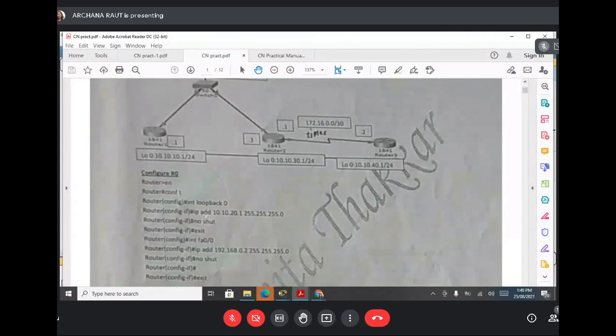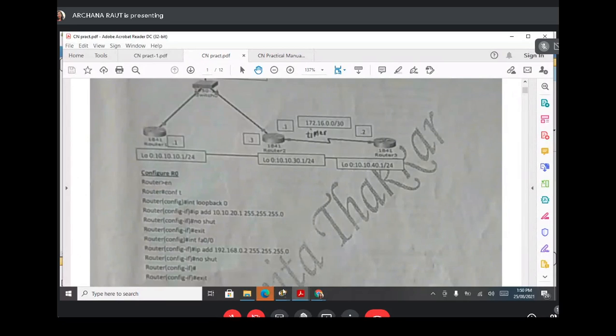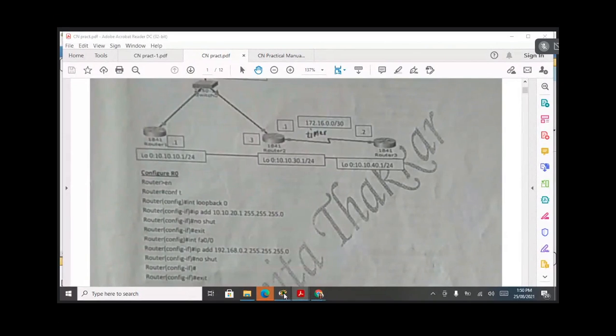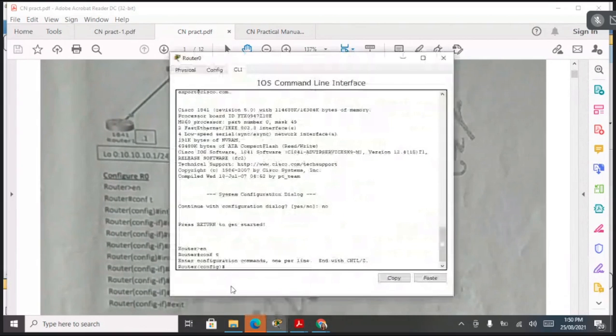Then you have to write the interface loopback 0. We can write a name, but if you don't it will still work; that is only for identification.